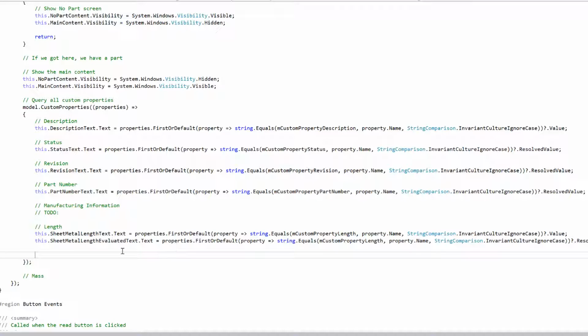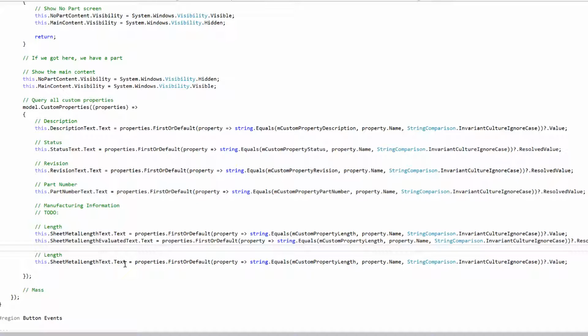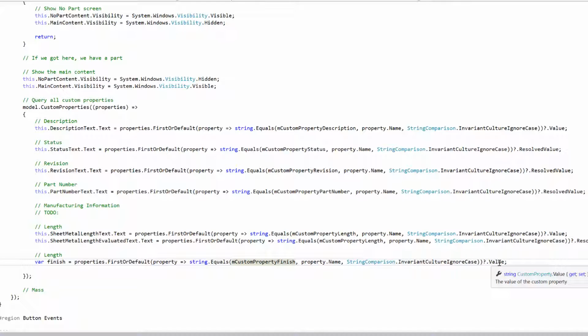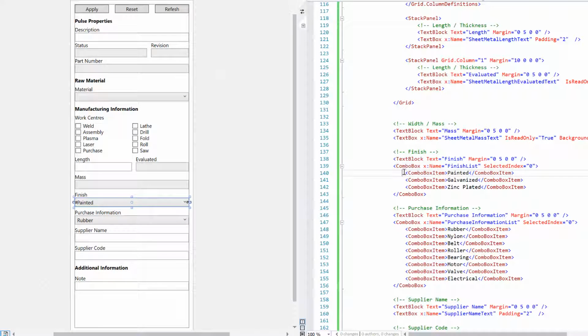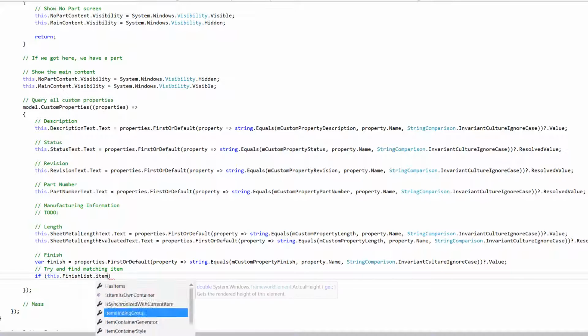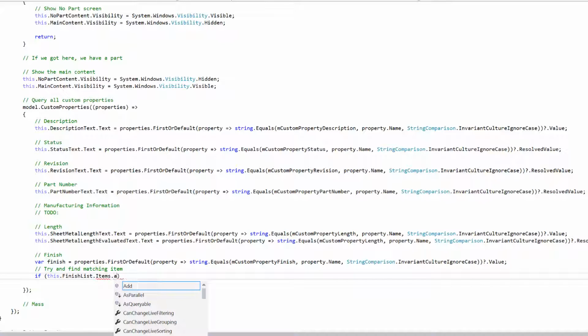So we want to get the finish first. So we just save it in a variable this time. Get finish, and we'll get the value. And now what we need to do, because this will be a text value, we need to check this drop down, this combo box here. We need to find a combo box item with the same name and then select it. So we'll try and find matching item. So if this dot finish list dot items dot